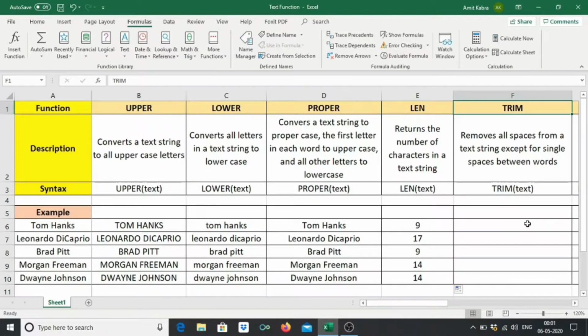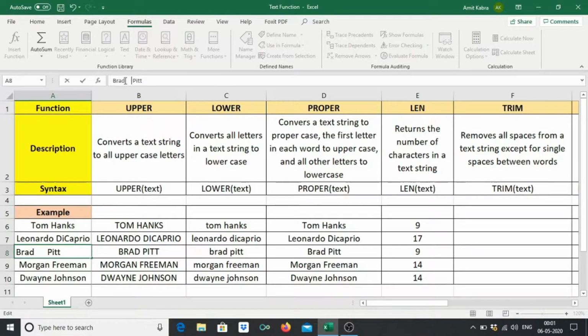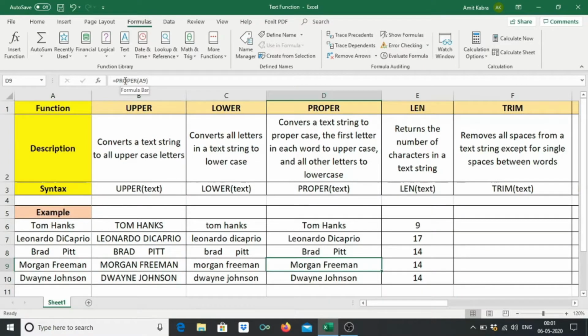Now let's understand the next function, which is TRIM. It removes all spaces from a text string except for a single space between the words. The syntax is TRIM(text). Now suppose in Brad Pitt, if we increase the number of spaces, and now here if we apply TRIM, you can see